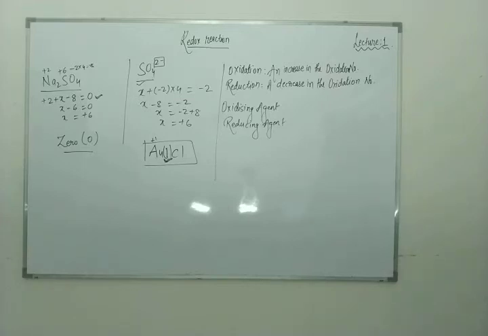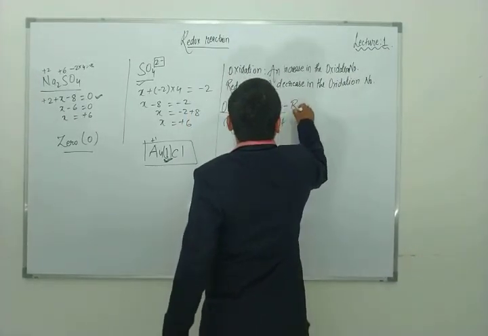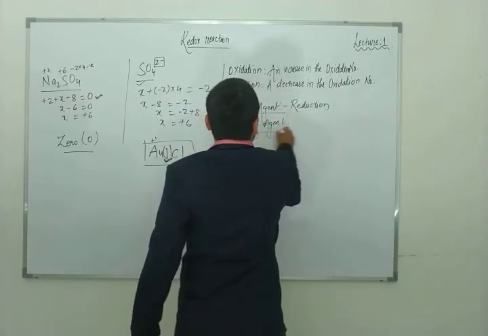And a reagent which lowers the oxidation state of an element in a given substance, these reagents are called oxidants or oxidizing agents. So now the two things which you should remember: oxidizing agent means reduction, and reducing agent means